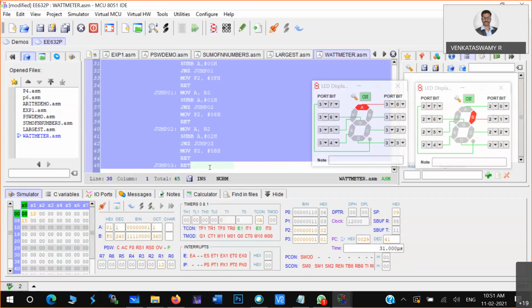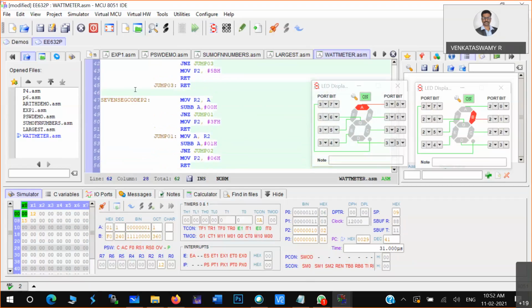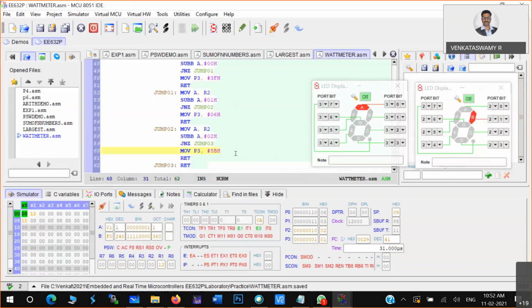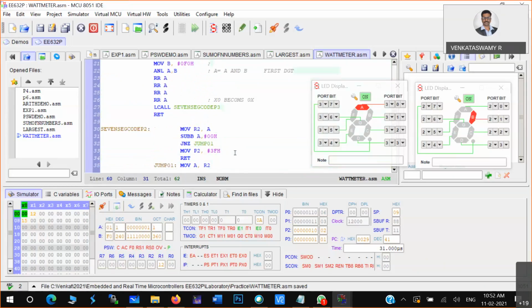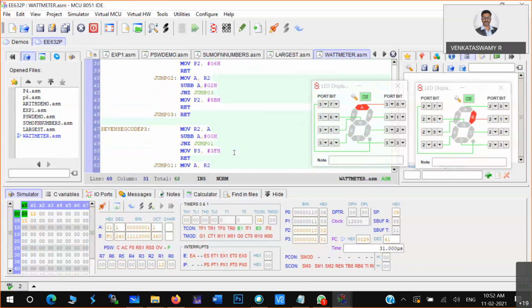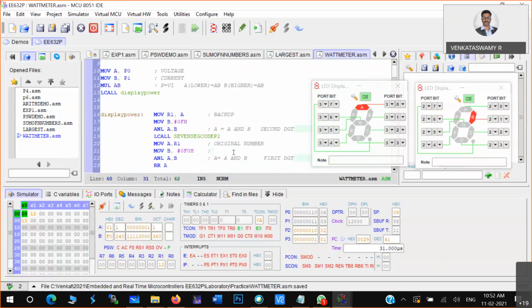I'm just copying and pasting. So what is this code? P3 port. The only change is that instead of P2, you'll have P3 port. You're displaying that content. So this program will do 0, 1, 2 digit 7-segment display. It will handle that; any other things it won't handle. But I'll just copy paste quickly and demonstrate this program.